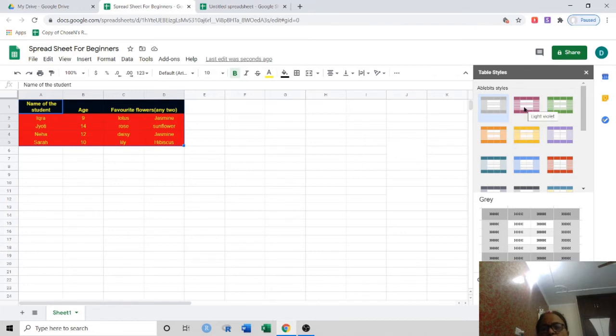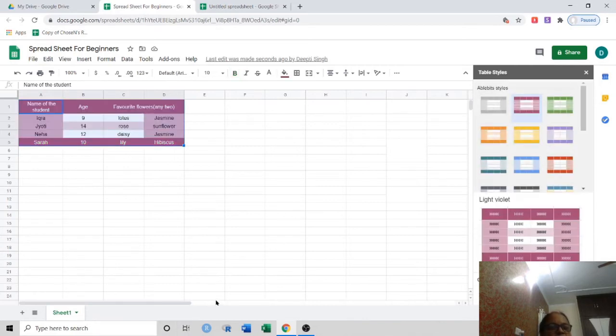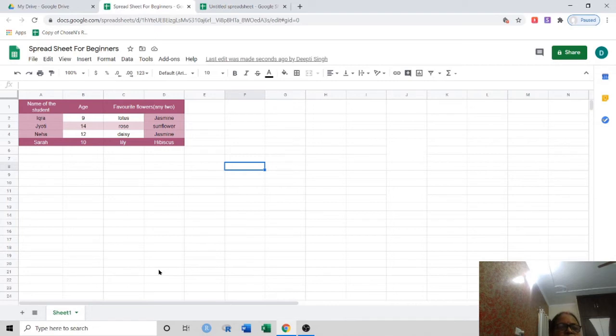So suppose I want to make this type of table. I click over here, I apply to selection and the table changes in this way. So it's up to you which style of table you want for your spreadsheet.